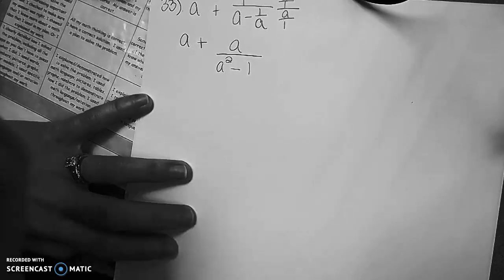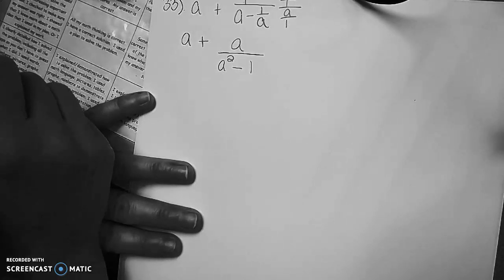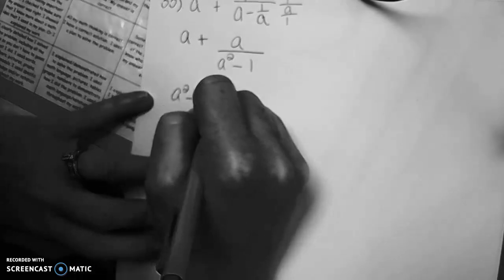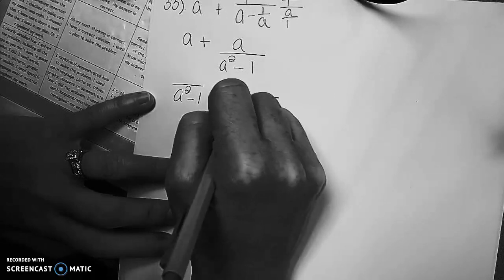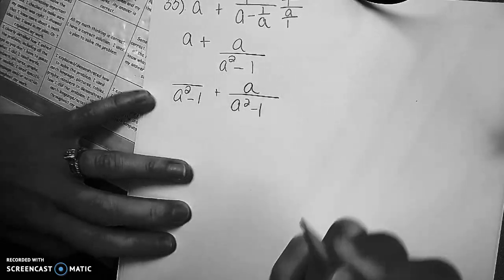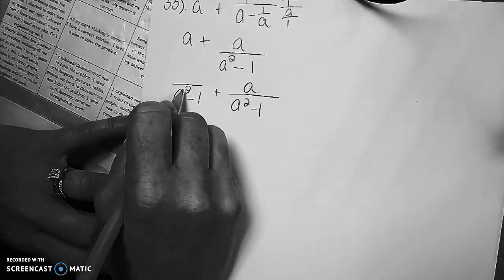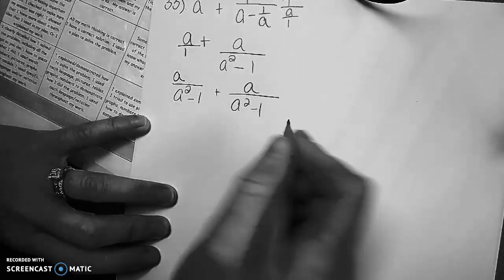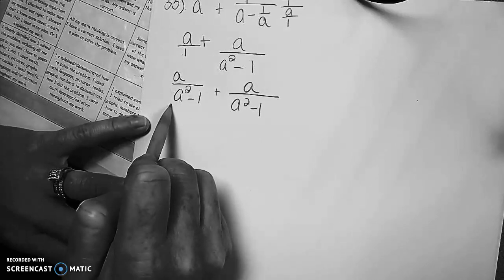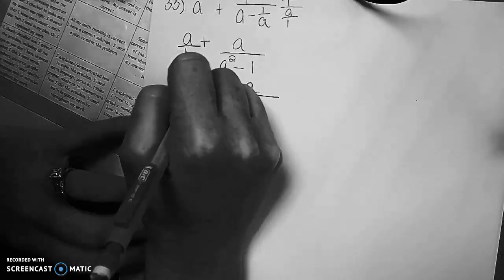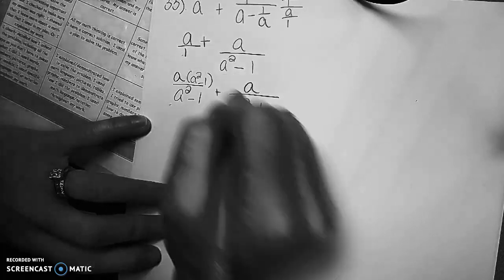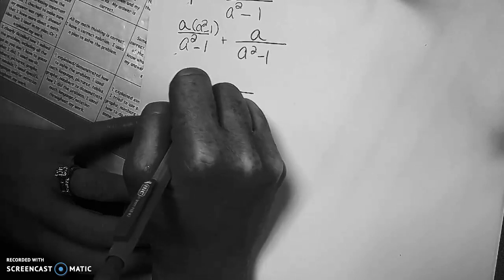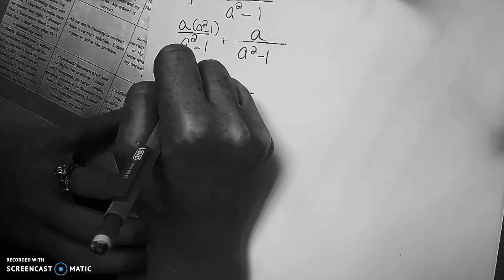So from here, if I'm adding these together, I need a common denominator. That common denominator will be a squared minus 1. In the first fraction, to get the common denominator of a squared minus 1, I would need to multiply again. This is over 1. I would multiply 1 by a squared minus 1. So I need to multiply a by the same thing. And so now I'm going to go ahead and keep the common denominator,